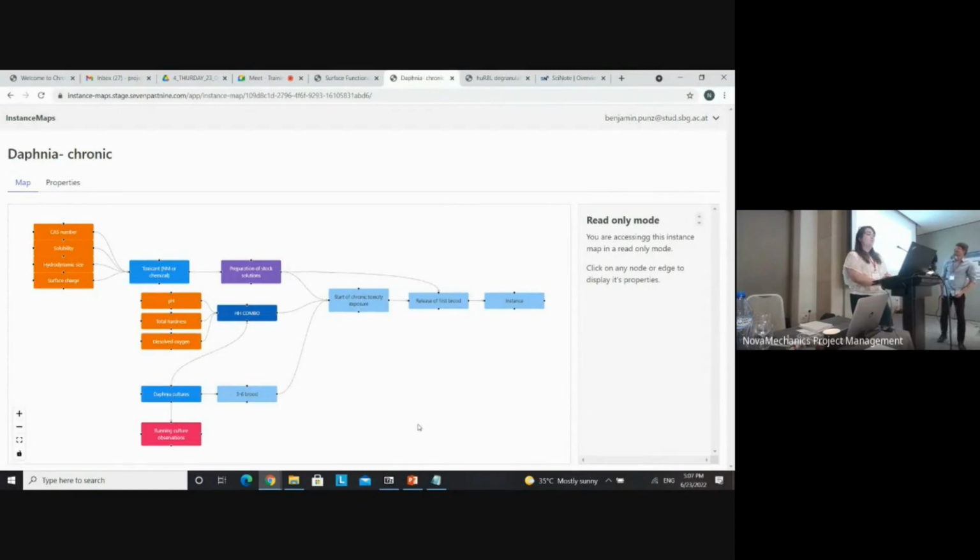So this one is the chronic one. And I can talk through the colors quickly here. So the lighter blue colors are bits where an instance is almost happening. So this is an unfinished map, and I was going to talk through a little bit more. So this one here is the release of the first brood. So in terms of the chronic test, this is one of the first instances that we'd have, and it's important